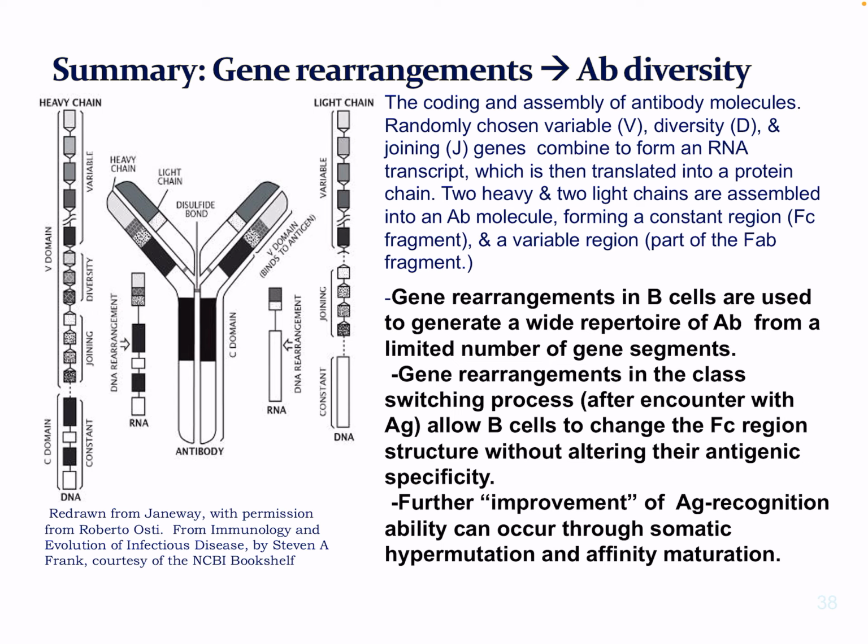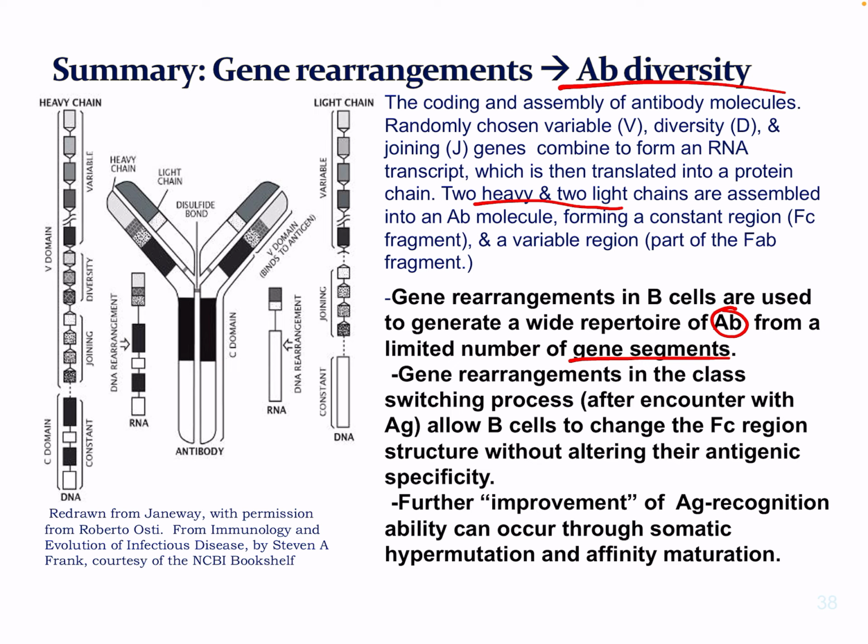So, summary of antibody diversity. The coding and assembly of antibody molecules uses randomly chosen variable, diversity, and joining segments, so our V, D, and J combine to form RNA transcripts, which are then translated into a protein chain. Two heavy and 2 light chains are assembled into an antibody molecule, forming a constant region and a variable region. These gene rearrangements in B cells are used to generate a wide repertoire of antibodies from a limited number of